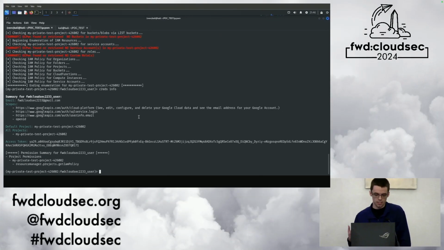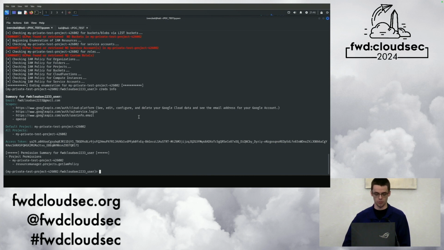Another point here, a lot of the enumeration modules have a flag, which we'll see shortly, called --IAM. If you're not familiar, there's an API in GCP called test IAM permissions for a lot of different resources, where you can give it a huge list of permissions, and it will return the permissions you are allowed to call. You don't actually need to be authorized to call that API,